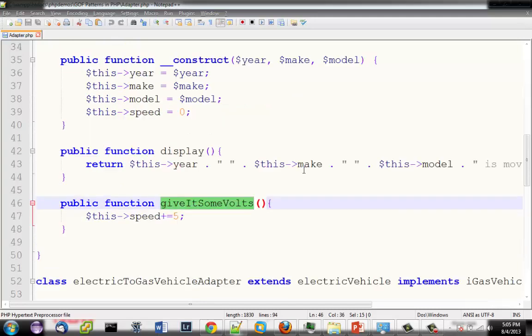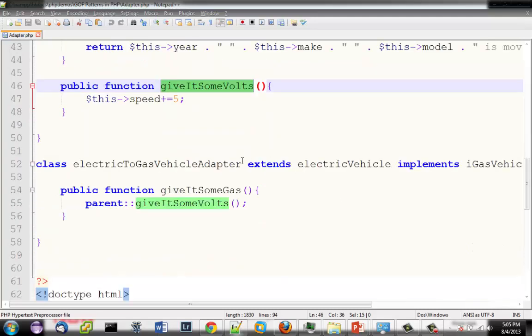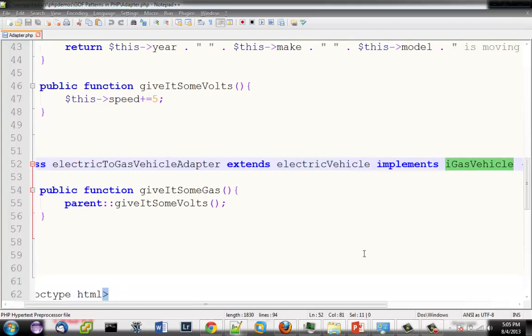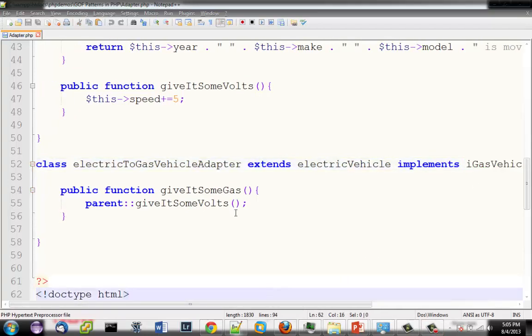So in order to make this work, I had to come down here and write an ElectricToGasVehicleAdapter that extends ElectricVehicle but implements the IGasVehicle interface. It inherits everything from the electric vehicle, but then it declares this giveItSomeGas method.